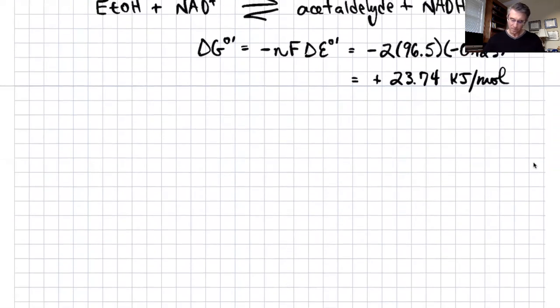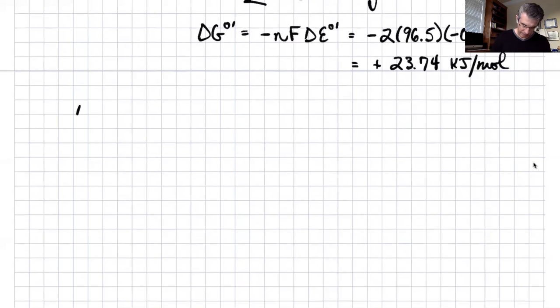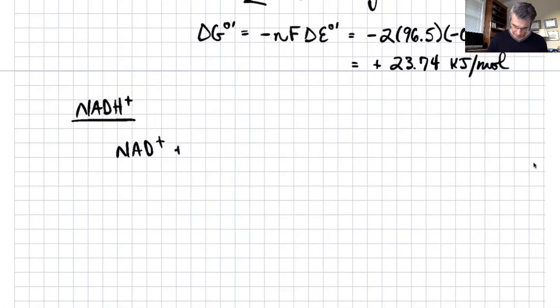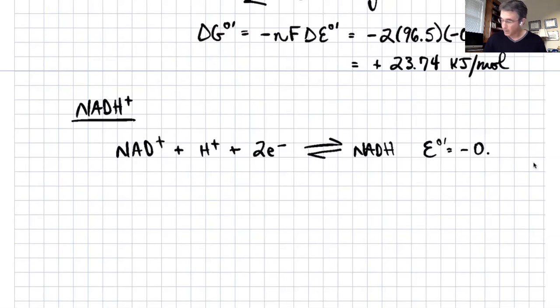So now we can go back to NADH for a second, right? And that whole question of why does NADH inherently have so much potential energy that's useful for making ATP? Well, let's write that out. So we could say, well, we get this NAD plus reaction, or the reduction of NAD plus to NADH. And we know the standard state reduction potential for that, at pH 7, is just equal to minus 0.320 volts,